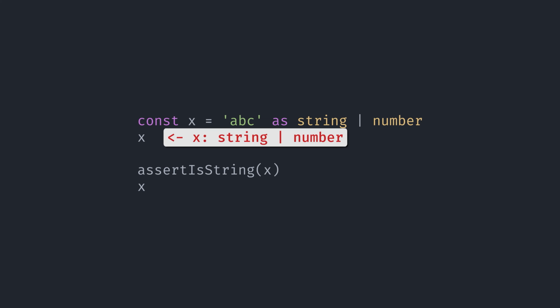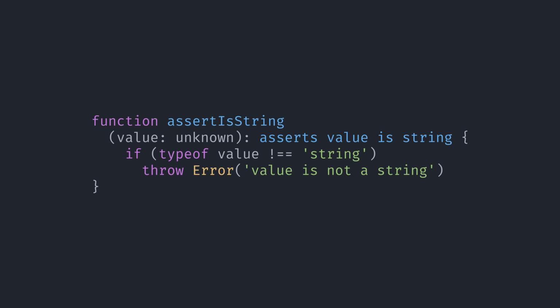If you call a function that throws if your value is not a string, then all the code that comes after it will only run if your value is a string. So, TypeScript narrows our type to string. To abstract this explanation, TypeScript uses control flow analysis to narrow our type to what was asserted. In this case, we have asserted that value is a string. Now, when and why would you want to use an assertion function instead of a type guard?